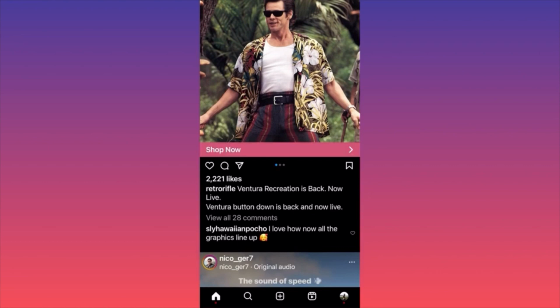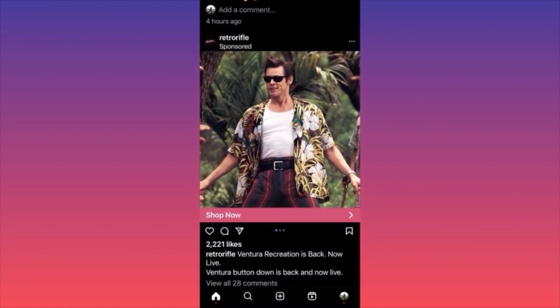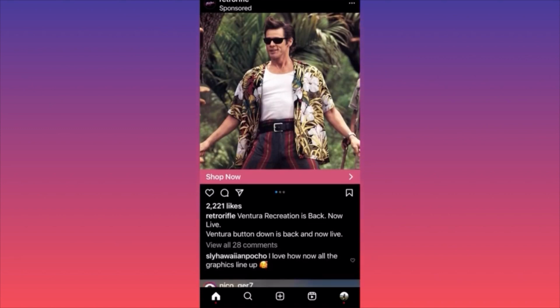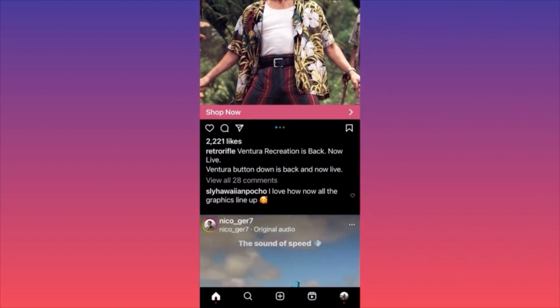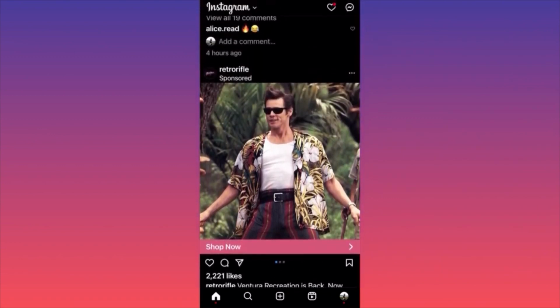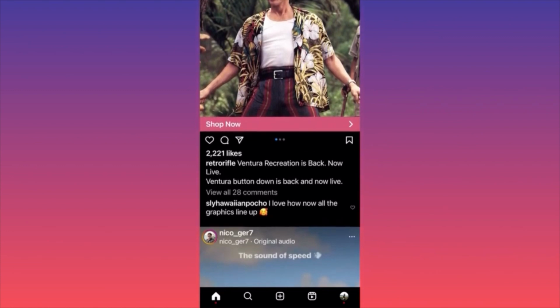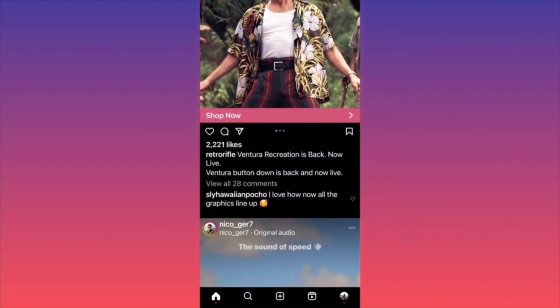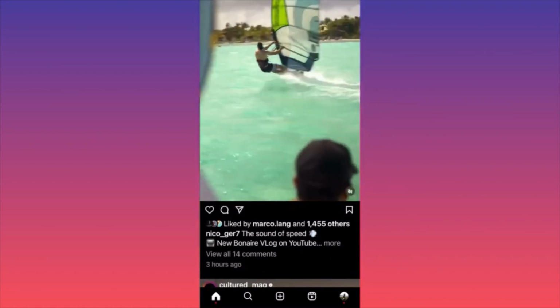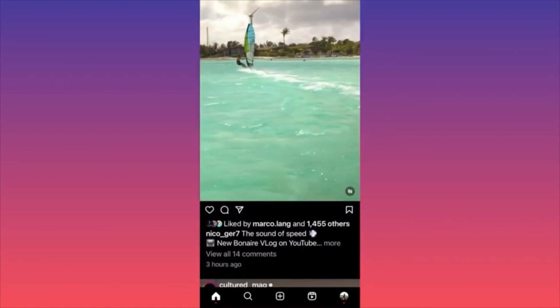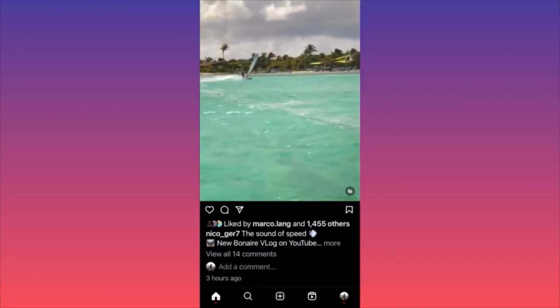As a matter of fact, if you look at this sponsored post, the goal of the person who paid for the ad on Instagram is to reach as many people as possible. But guess what? Even they don't include any hashtags. Just look over here. There is no single hashtag. Sponsored post, they're selling probably clothes or whatever, or selling a vibe. And look at it, there's no single hashtag. Same thing over here. You see over 1,400 different people saw this video. 14 comments. The description of the video,